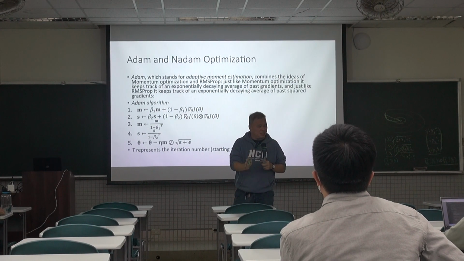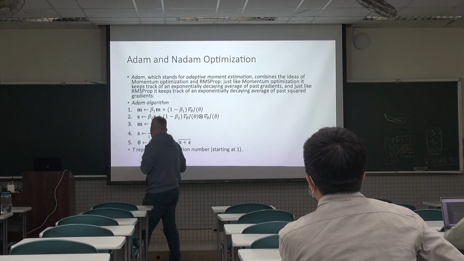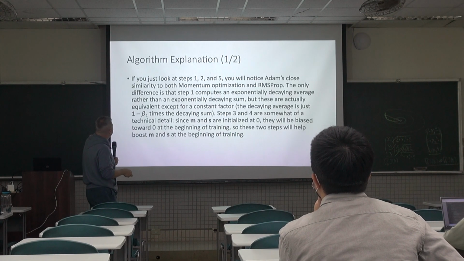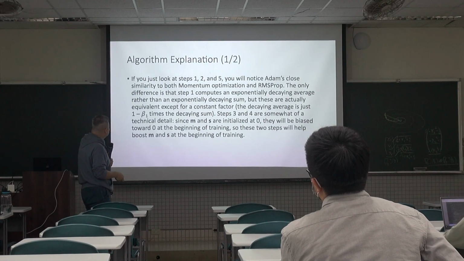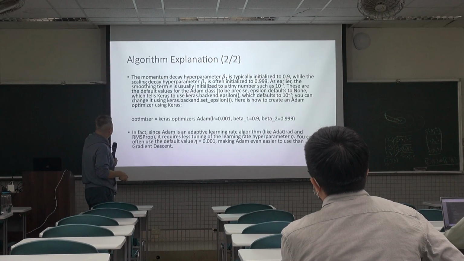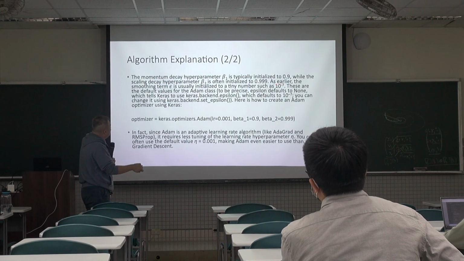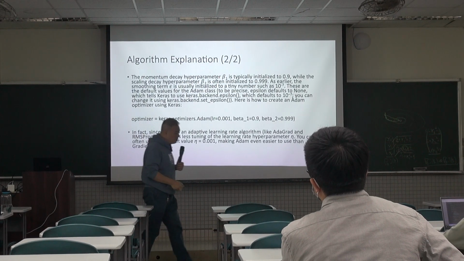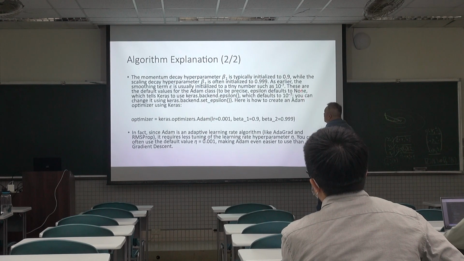Just at the beginning. Okay, so that's it. I think I already went through all this. If you want to use Adam, beta 1, which is that friction, the momentum hyperparameter, is usually set to be 0.9, and beta 2, the decay,